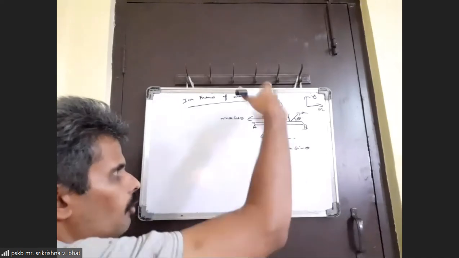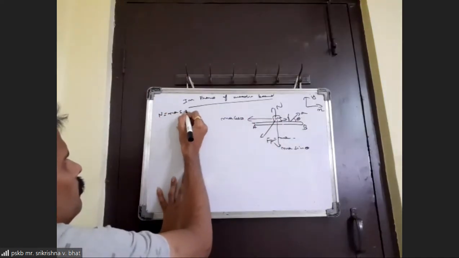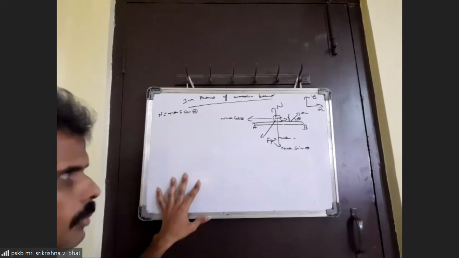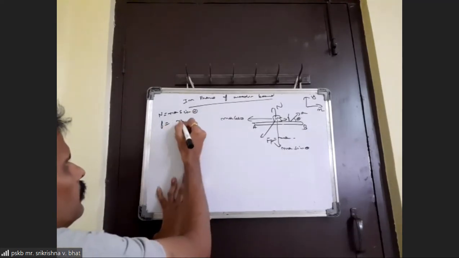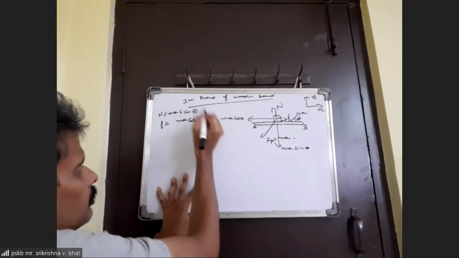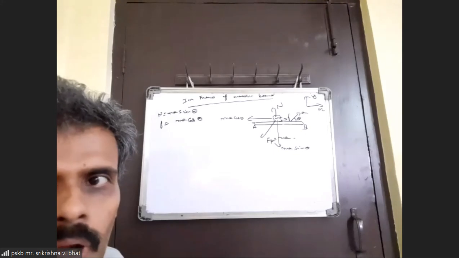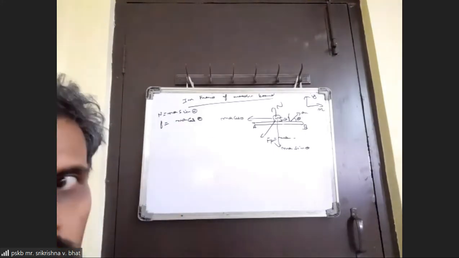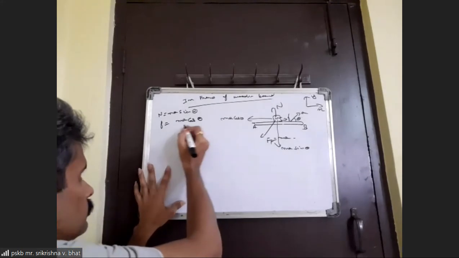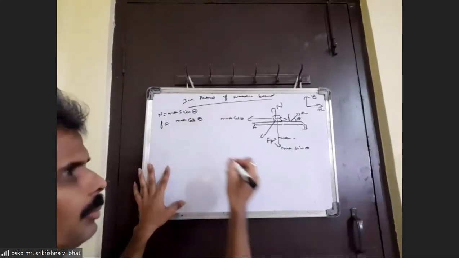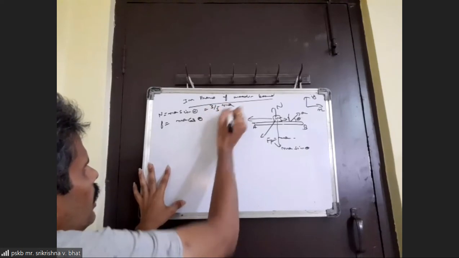Okay, normal force we can equate to Ma sin theta. And friction force must be equal to Ma cos theta if there is no relative motion. If there is no relative motion, then friction force must be equal to Ma cos theta. Here, since the value of sin theta is given as 3/5, this is 3/5 Ma, and this is 4/5.